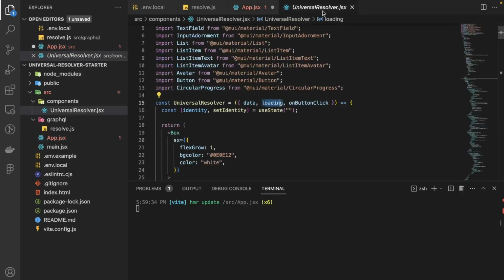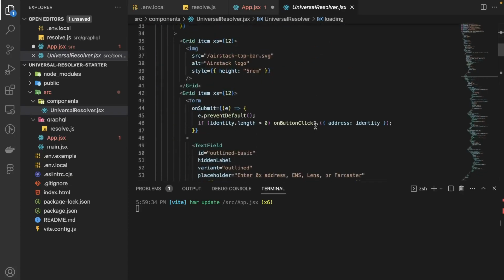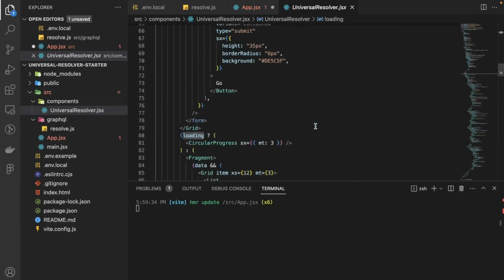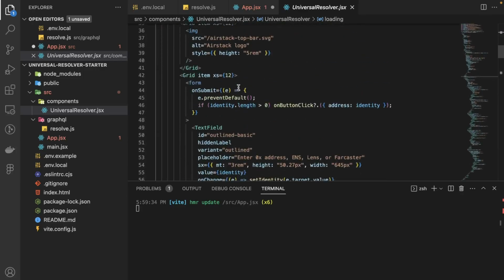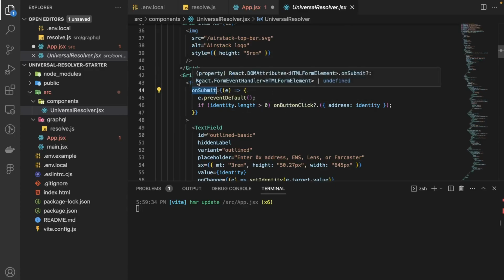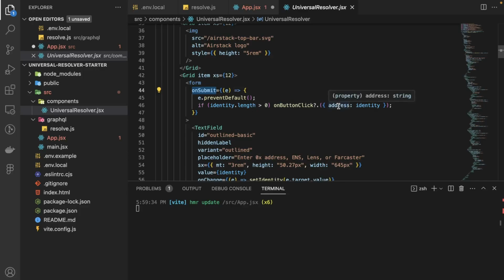And remember that inside our universal resolver, we have something called onButtonClick, and that's where we're going to put the value of resolveIdentities. Because as you can see right here, if we scroll down a bit, this is the go button, but what we need to look at is the onSubmit in the form element right here. It's going to call the onButtonClick whenever we submit, whenever we click the button. And it's also going to provide the address, the variable that we have from the state